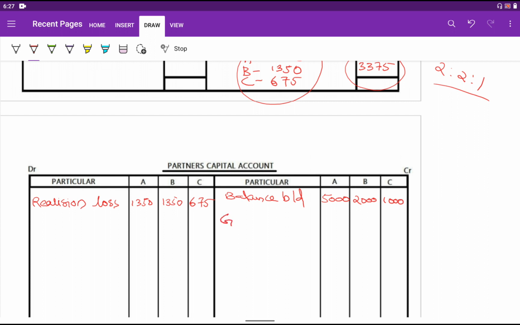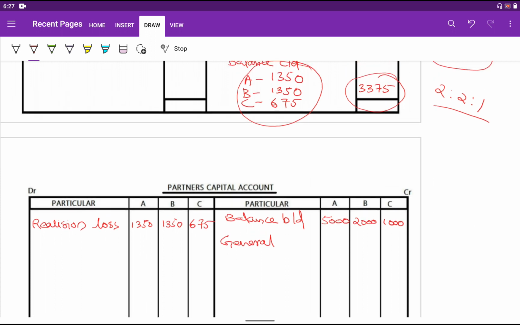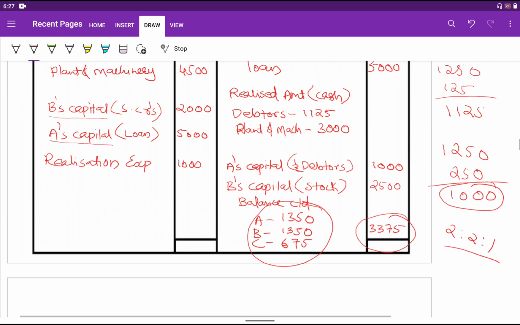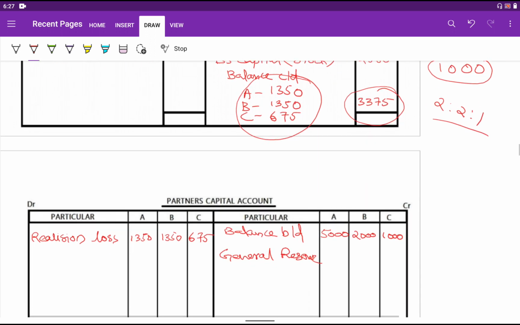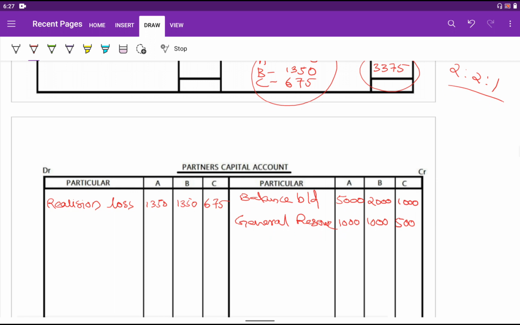Here the general reserve is the same balance sheet as the previous question. General reserve will get 1500. I already discussed it in the previous question, so I don't want to show it again. 1500. Now the profit and loss account is coming on the asset side, so we will